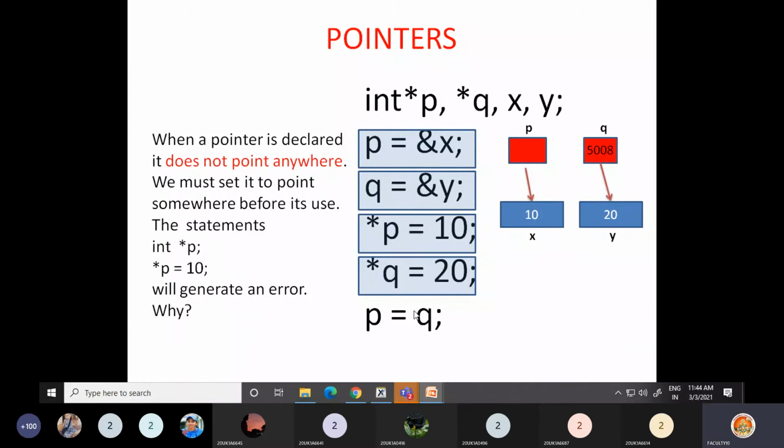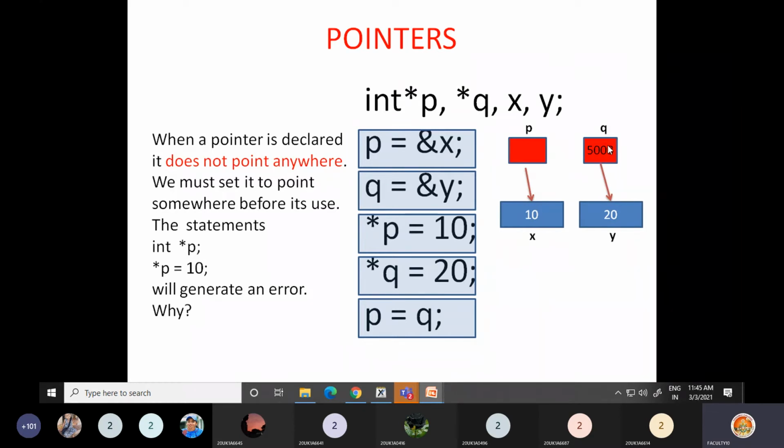Similarly, you can assign one pointer to another pointer: p is equal to q. What happens here? P and Q are pointers. P is pointing to X, Q is pointing to Y. If you understand this assignment statement, p is equal to q, the value present in q will be stored in p. What is the value present in q? Assume it is 5008.